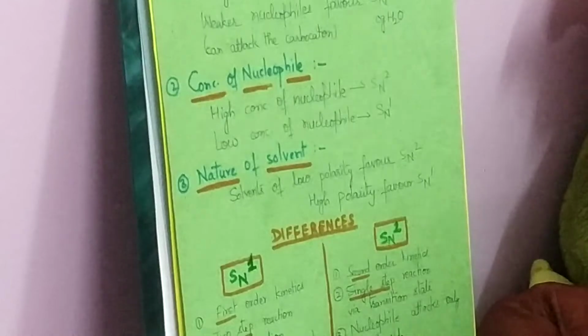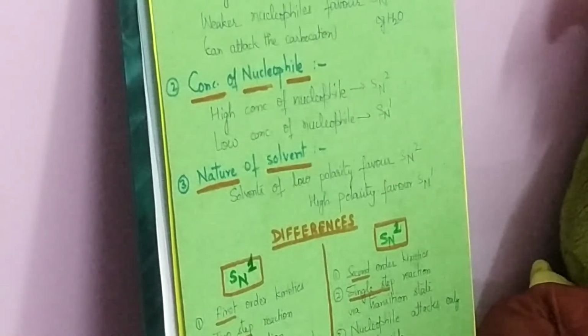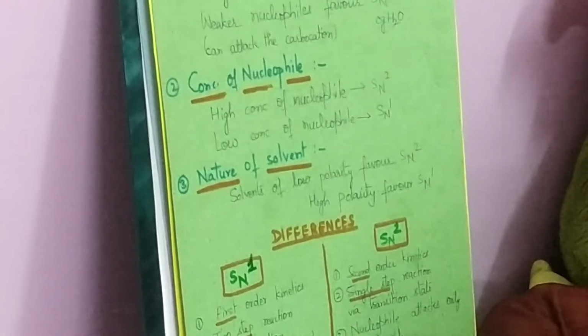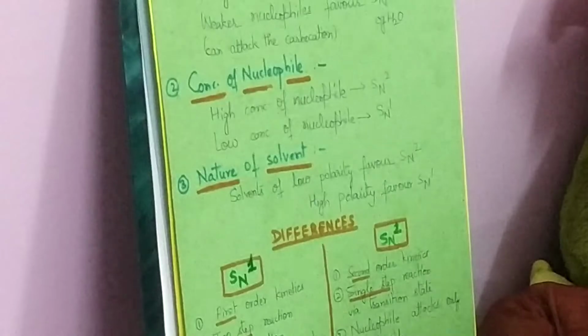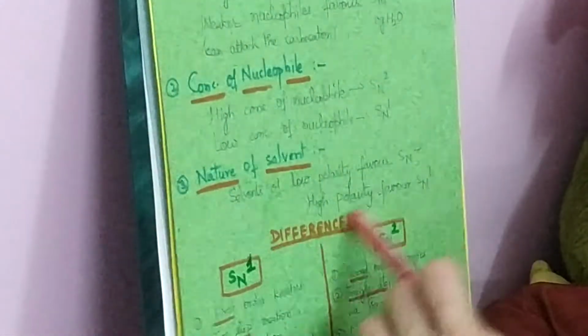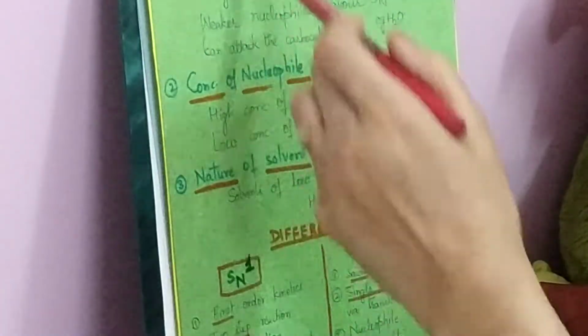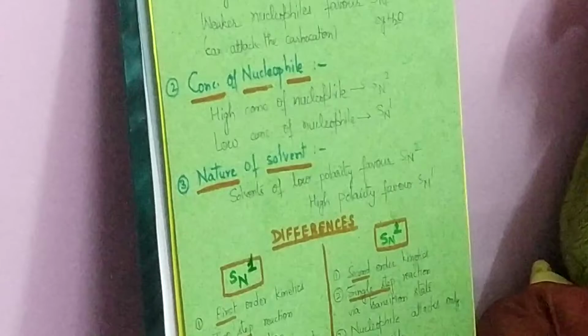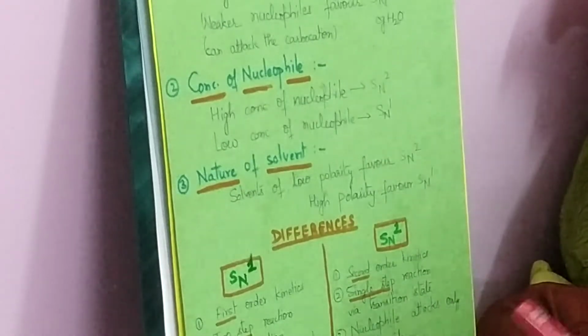Actually, they do not influence SN2 reactions very much as it is, but low polarity will favor SN2, and high polarity definitely will be favoring SN1 kind of a pathway of the reaction. So those were the major factors which revise the whole thing. Also, please keep in mind the SN1 and SN2 mechanisms, SN2 being a single step mechanism and SN1